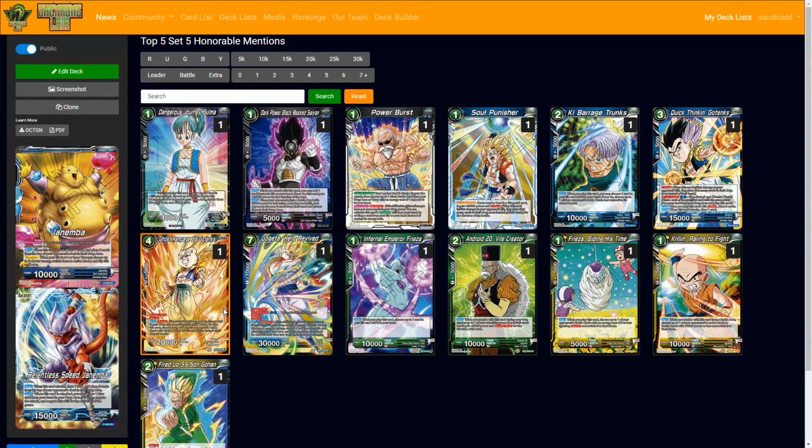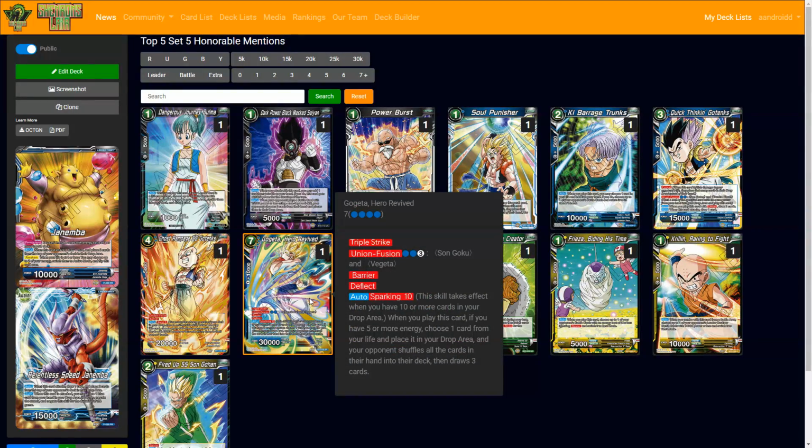So there you go. Look it up. Google it. So yeah, triple strike Union Fusion for 5 for Goku and Vegeta. This one does still require the same amount of power. It doesn't say it on there, but Union Fusion still requires that. Barrier, deflect, stupid, and then sparking 10, which at this point in time and in your life, you will have